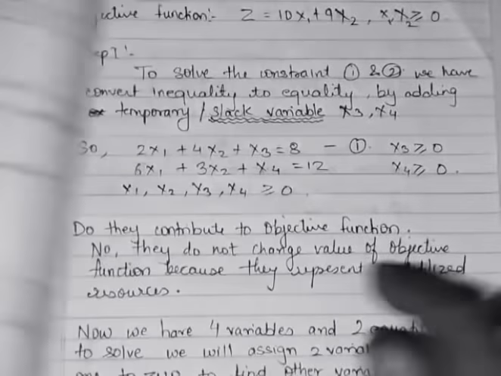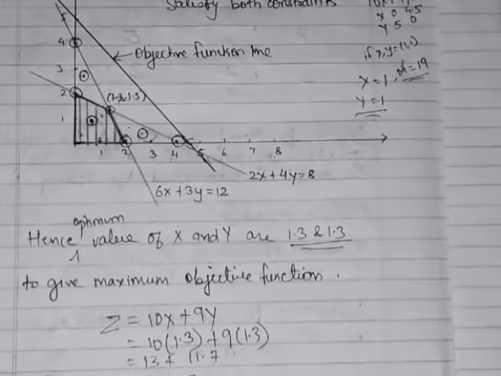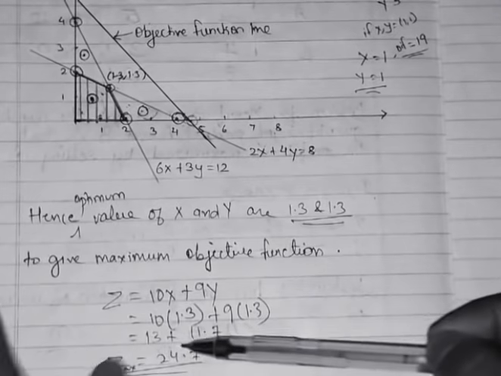So this was the solution, and we got the point 1.3 and 1.3 by solving with the help of the graphical method, right? And the total objective function value, by putting x and y as 1.3, is 24.7. We skipped this part in the previous lecture, I had not calculated it, so in this lecture I have calculated it and given you the value, that is 24.7.